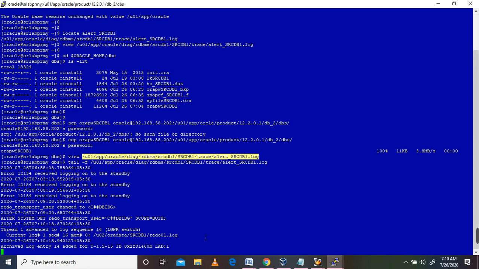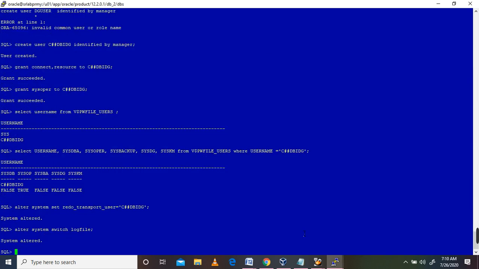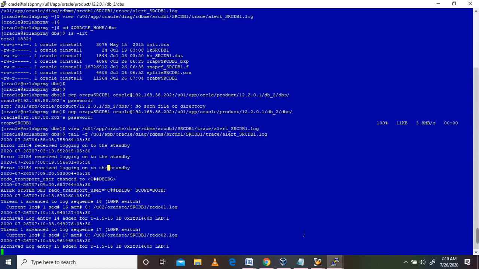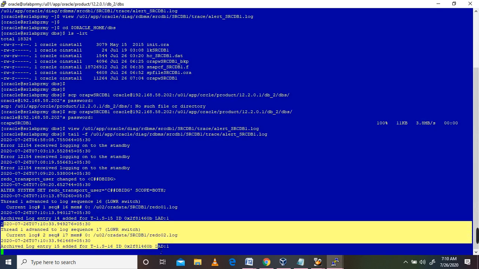Now I am not getting the unable to log in to the standby error. So the logs are shipping to standby now. You can see here logs are shipping to standby.